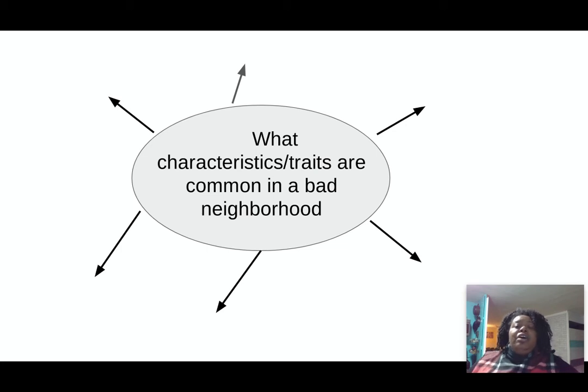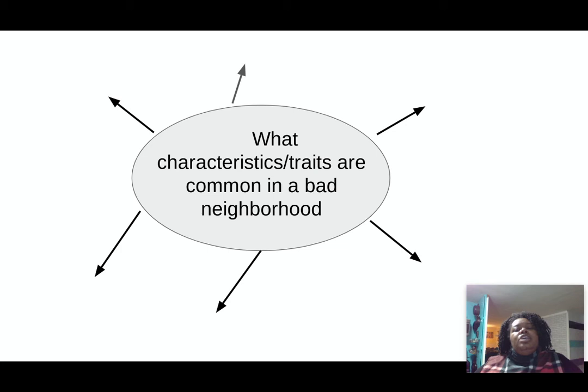Okay, so there are two different ways you can improve. You can improve on something that's good already, and you can improve on something that's bad. Okay, so there are plenty of things that you can improve that are good, but we're gonna look at right now those things that might not be so good. But if you have an idea to improve something that's good already, go ahead and put that. It's a brainstorm. There's no limits. Put it all on there. But I want to kind of get you guys to focus on what can you do to improve something that is not going so well in a neighborhood.